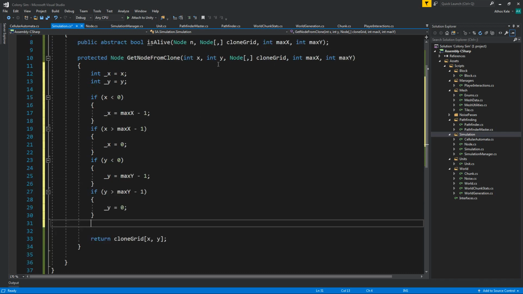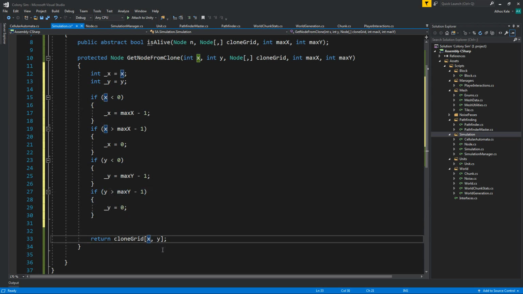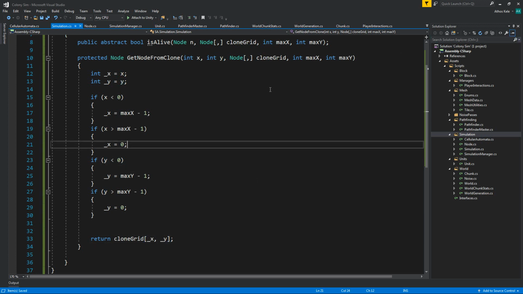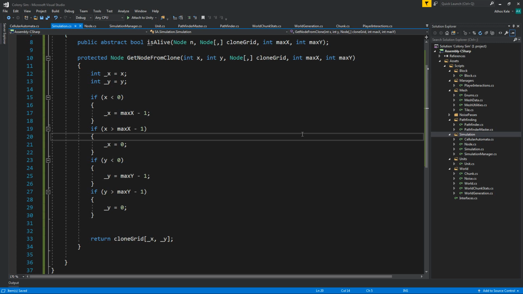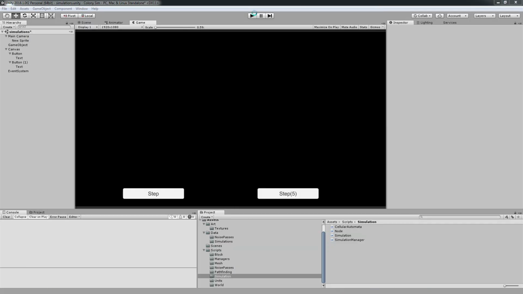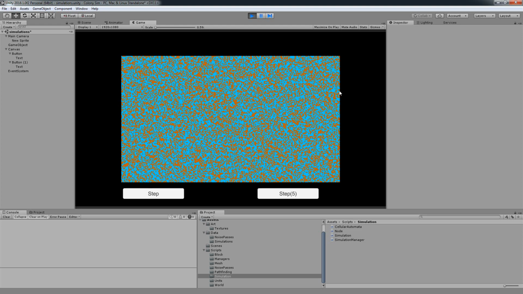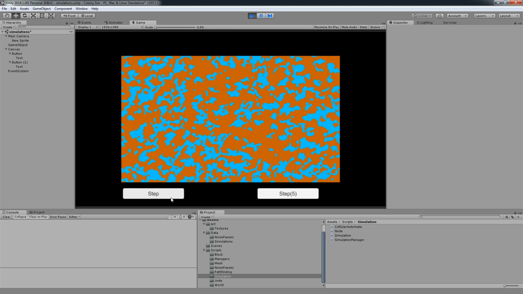Okay, we only move one tile at one position on each iteration, so I don't have to calculate differences and all that. So setting that like this, minus x minus y, what this is going to do is take into account, I don't know if I saved, let's save, okay. What this is going to take into account is the tiles that are rounded. So for example, for this tile, it's also going to take a look at tiles from here. Okay, so you will have an even smoother generation,